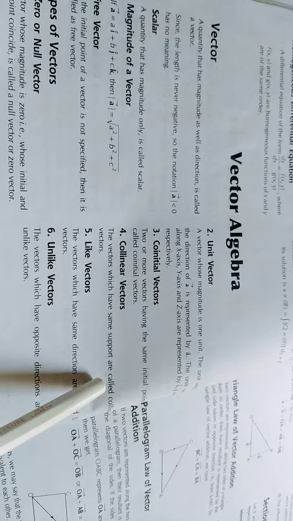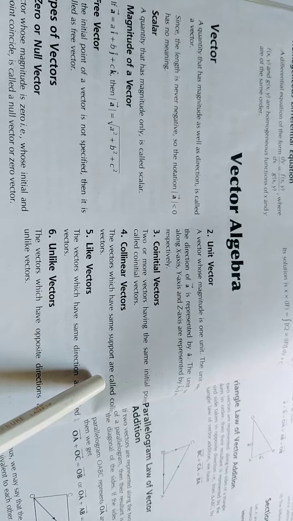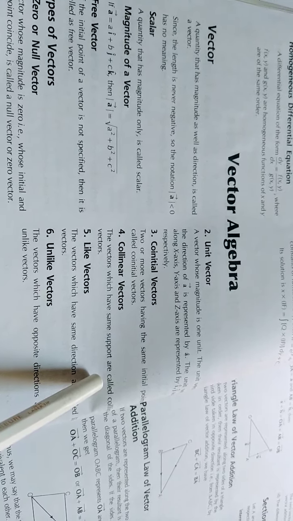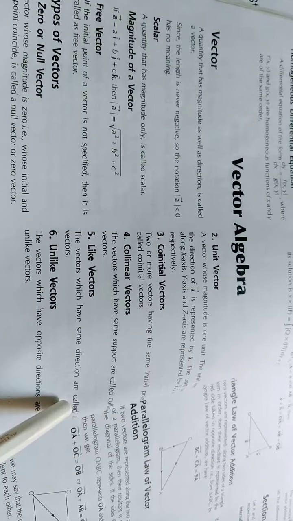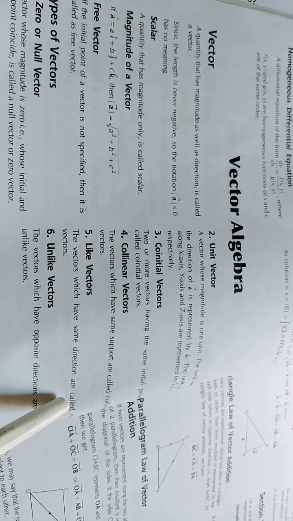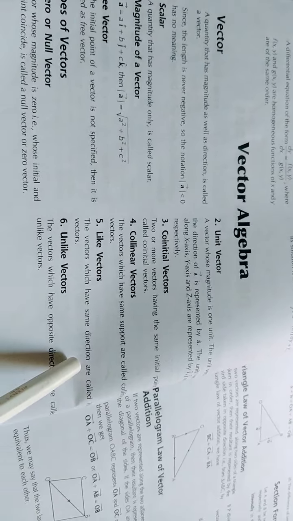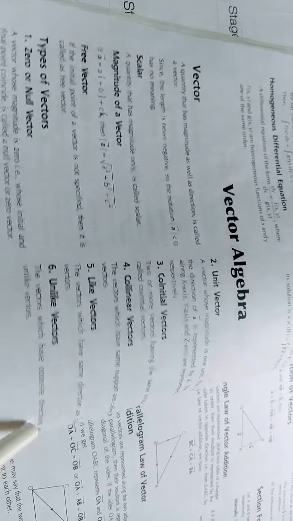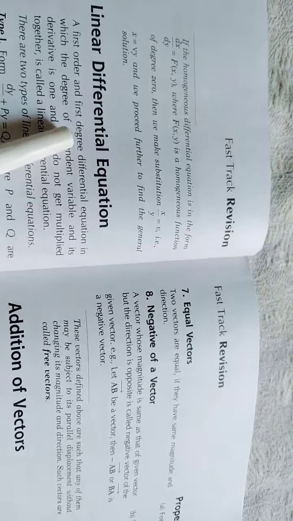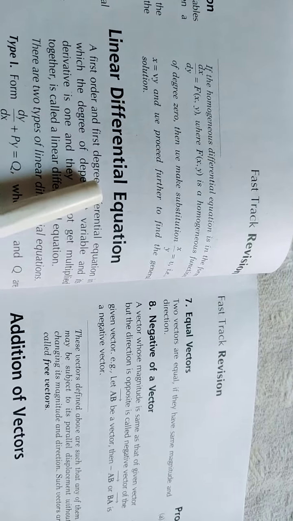Collinear vectors: vectors which have the same support are called collinear vectors. They lie on the same line. Like vectors: vectors which have the same direction are called like vectors. Unlike vectors: vectors which have opposite directions are called unlike vectors. Equal vectors: two vectors